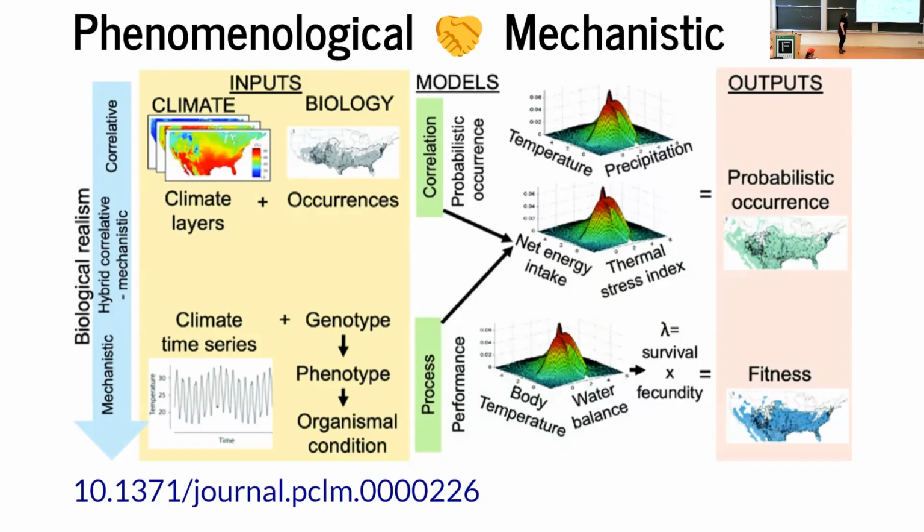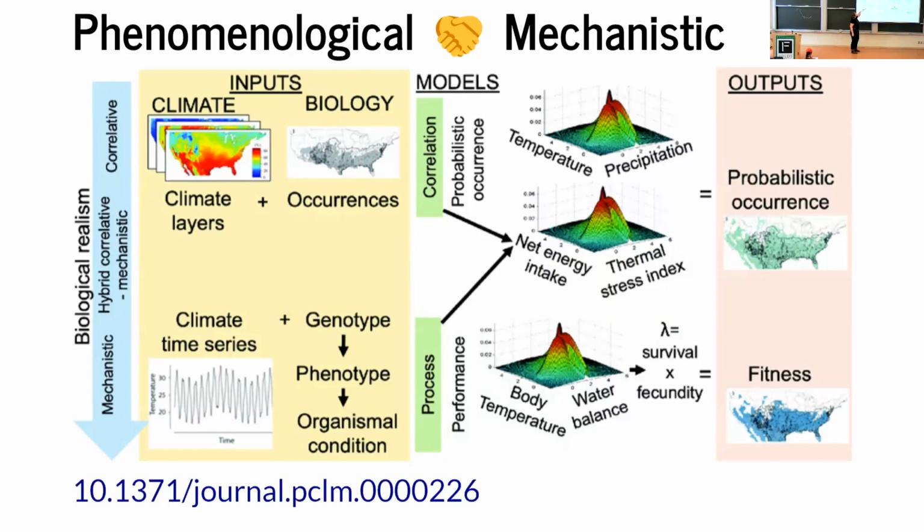And then that fitness will give us a prediction of where we should find that organism. But the hybrid approach actually makes use of both of these things and maybe makes use of advantages of one and not the other. For instance, people spend a lot of time in biology studying organisms, and you want to leverage that knowledge base. So what you might do is come up with metrics that are informed by some rules or a mechanism, like net energy intake and thermal stress index in this example. So those metrics come about based on rules and calculations that are related to, for instance, fitness.